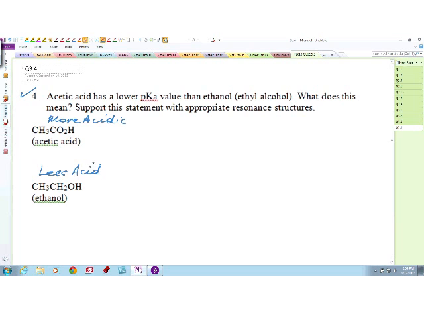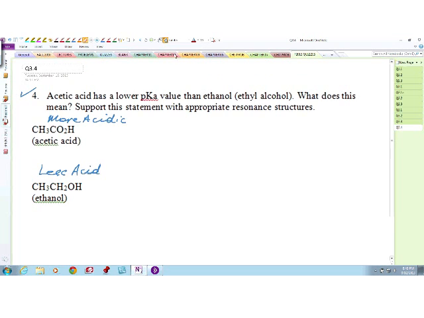Now, we want you to explain that. Why is acetic acid more acidic? Because the conjugate base is more stable. Yes, excellent, excellent. Because the conjugate base is more stable. Conjugate base, keep in mind,